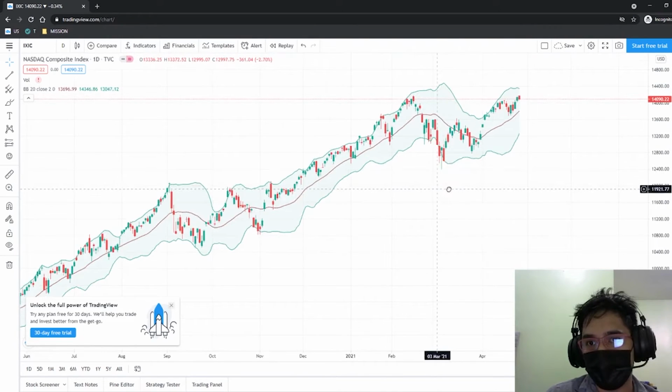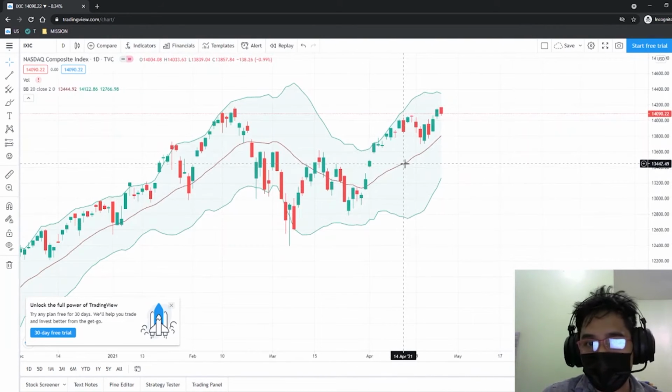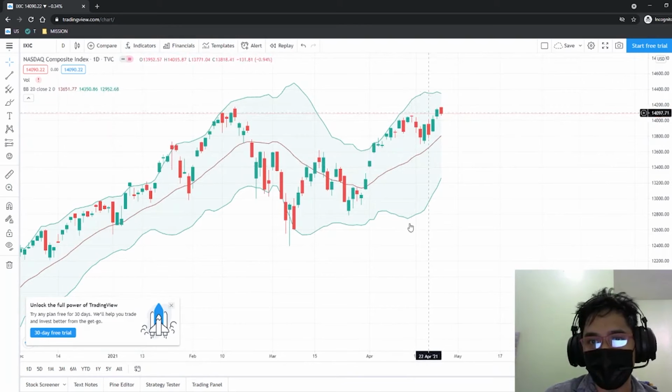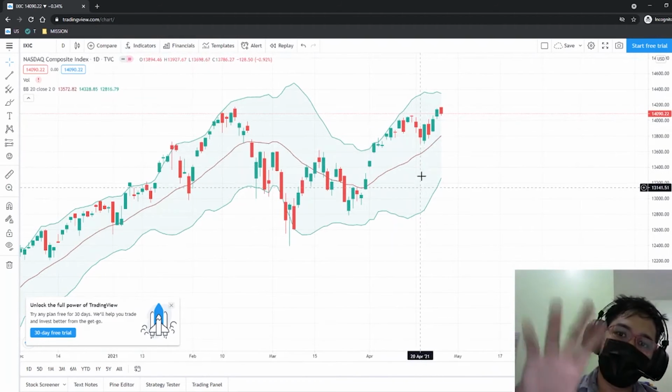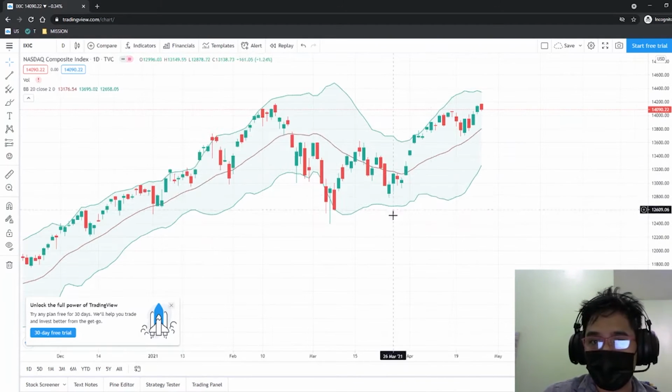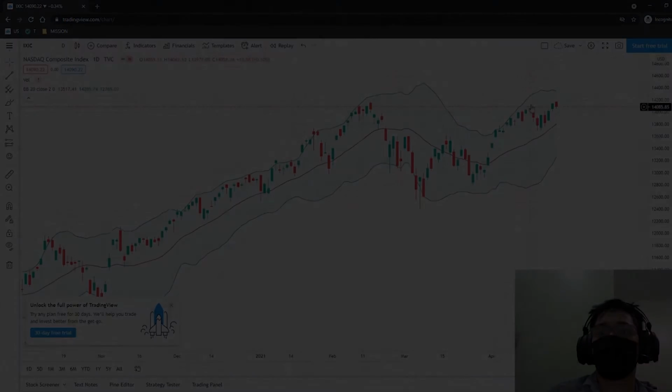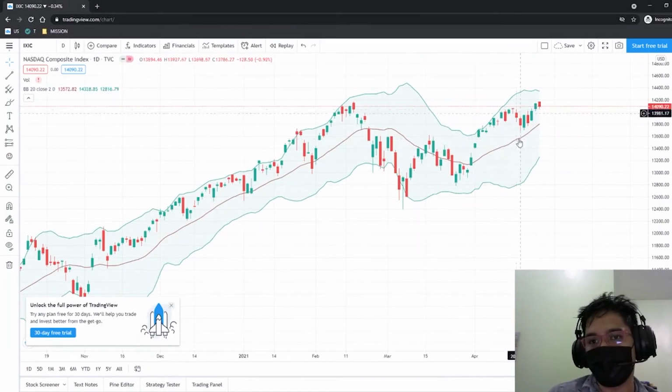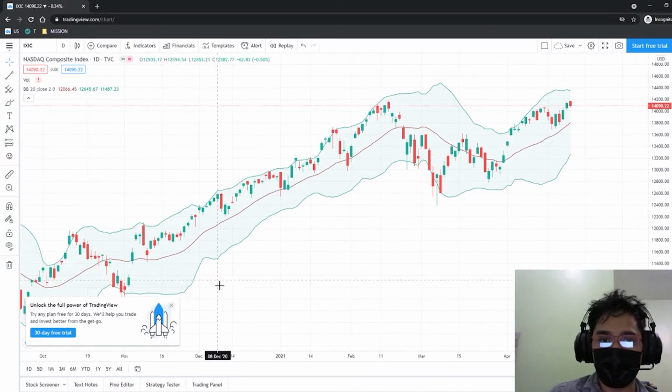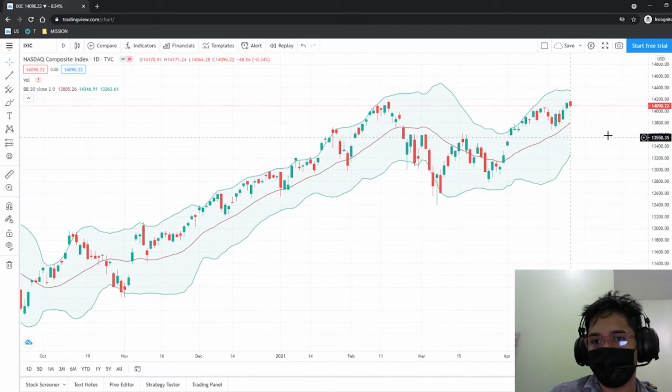Let's employ Bollinger Band. If you can see, the line here is the mean, and the two lines above and below the mean are what we call the standard deviations. These two lines are 2 times the standard deviation. Now that we plotted the standard deviations and the mean,